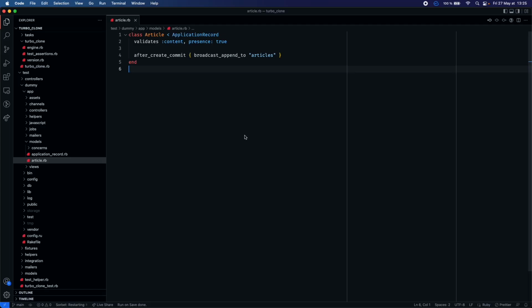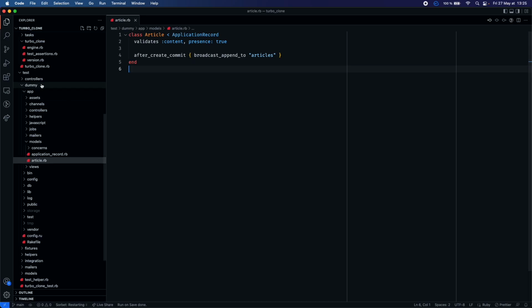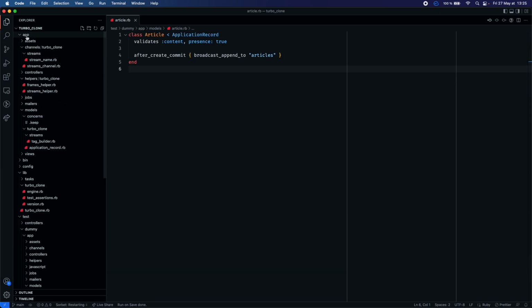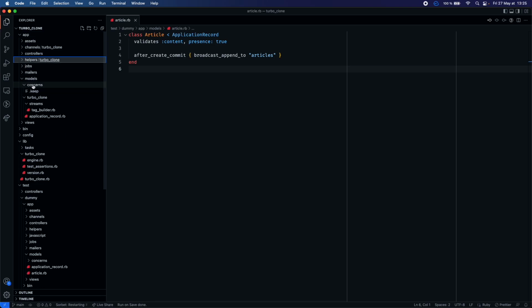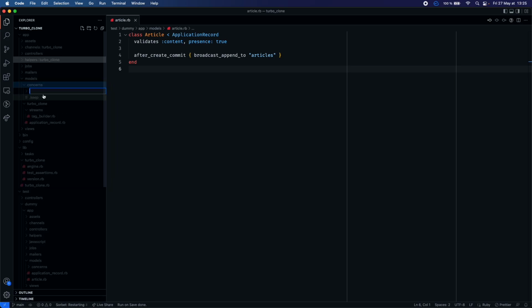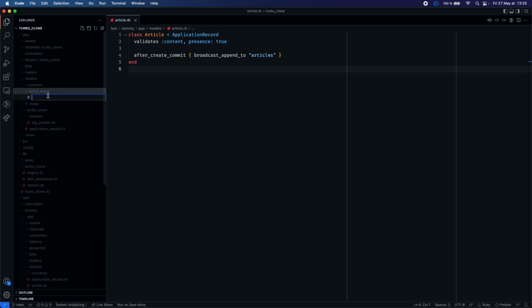The first thing that we want to do here is to create this TurboClone broadcastable concern that will contain our methods. And we want to make sure that this concern is included in active record base. So let's start with this. And we're going to go within app models concerns. We're going to create a TurboClone folder, as everything should be namespaced, and we are going to create